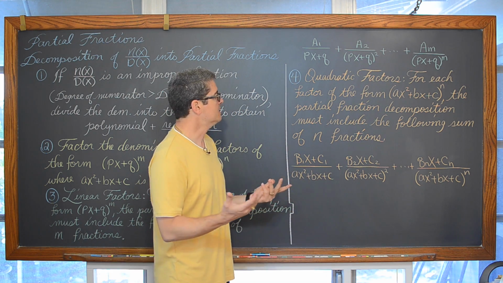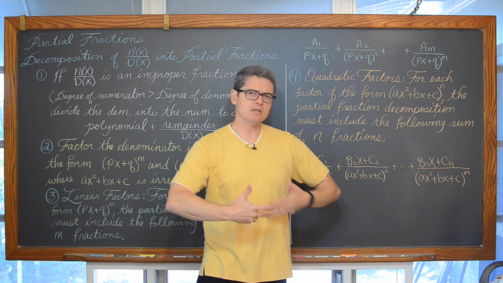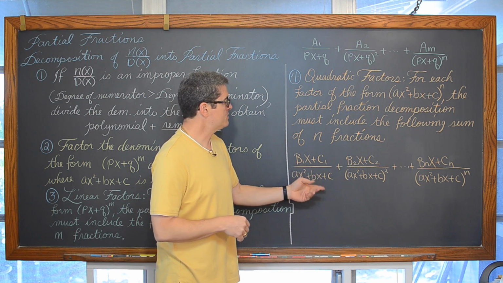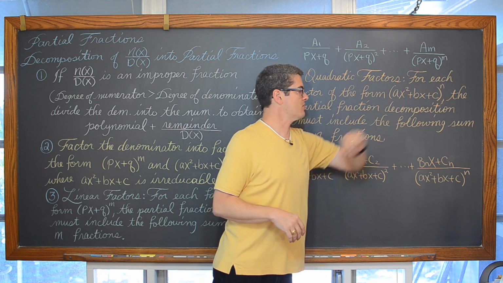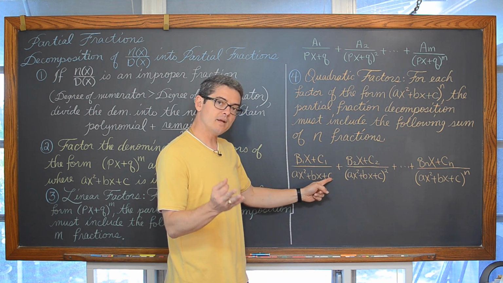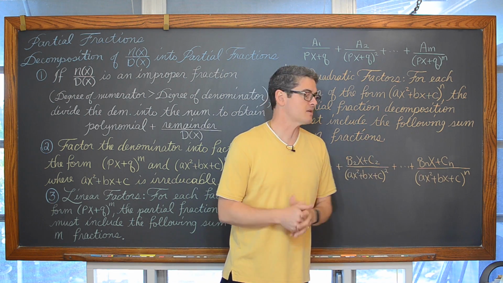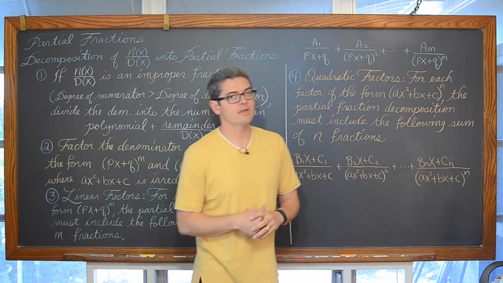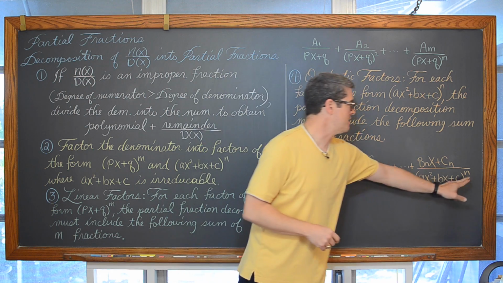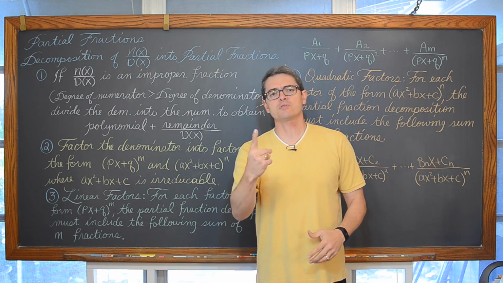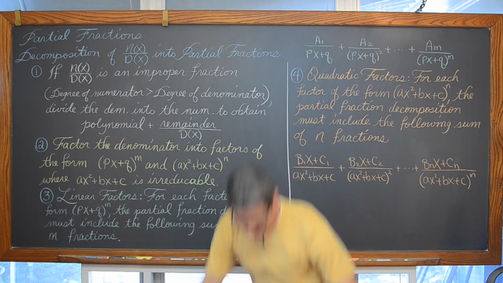And if you have a quadratic factor which is unique and doesn't repeat, then that's all you'll have in your expansion. But if you do have a quadratic raised to, say, a third power, then you'll have to write that denominator with that factor of the first, that factor of the second, that factor of the third, and then stop. Or whatever that power just happens to be. So this is all the fancy language. Let's get to our first example right now.